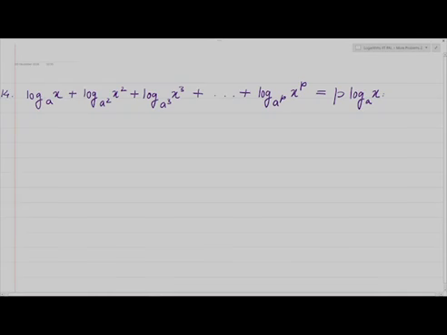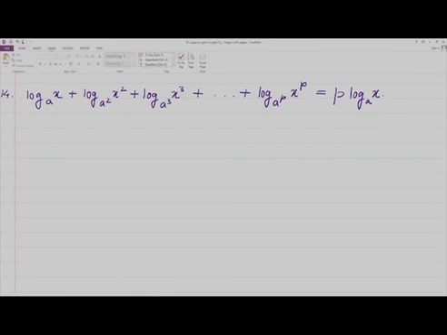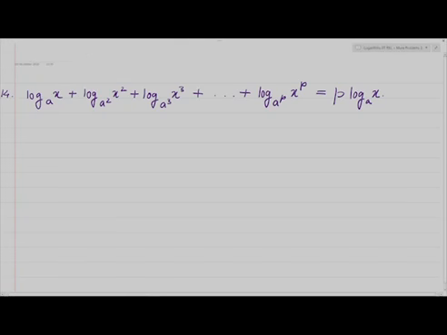How to show this? So we need a minor corollary of our original problem. First, you have to understand that this is not part of the problem, so I will use a different color and I will try to show it in a different way. Let me take the brown color. What we are actually handling is a problem of this form: log to the base a raised to m of b raised to n. Assuming all logs are properly defined, I want to express this in terms of log to the base a of b. How will I do that?